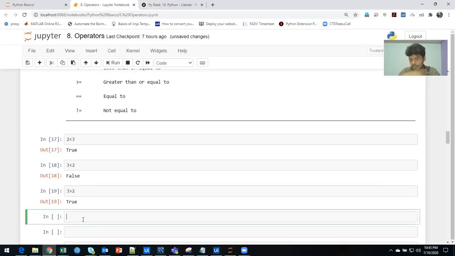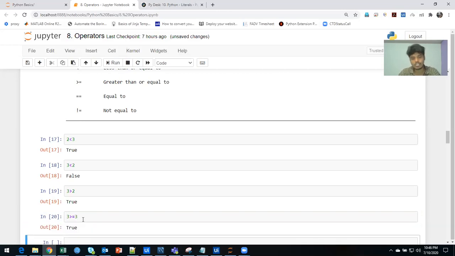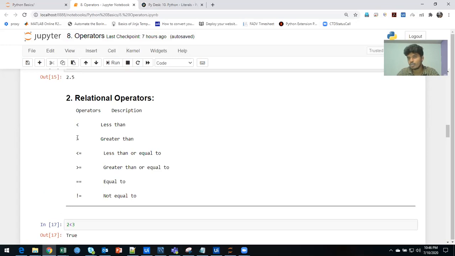If I want to check 3 greater than or equal to 3, this will give you true, because it is not just greater than but also equal to. You are comparing two things, either greater or equal to, and in that case you can use that. This is a basic mathematical operation, and it's the same with Python. These relational operators you are going to use in an if condition or while condition when you are making decisions in your coding. When you write logic, you have to make some choice, right? In that case, you are going to use all these relational operators.